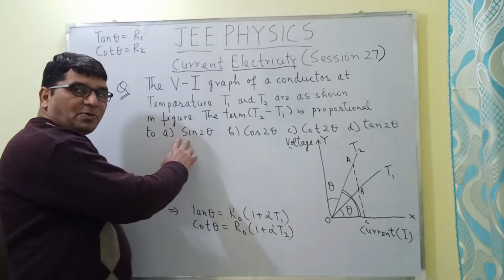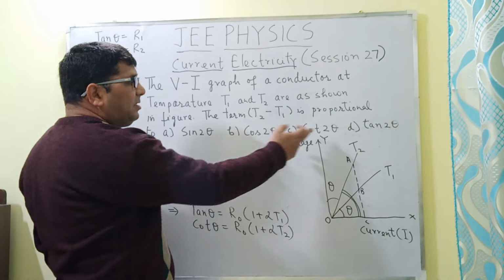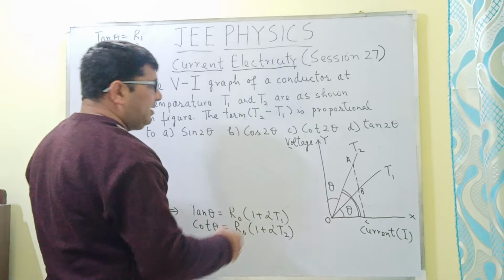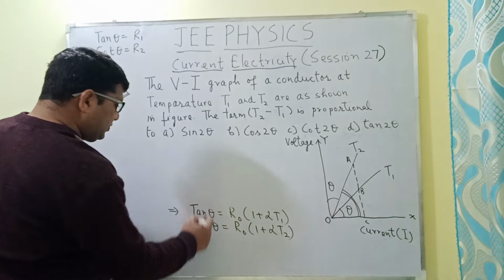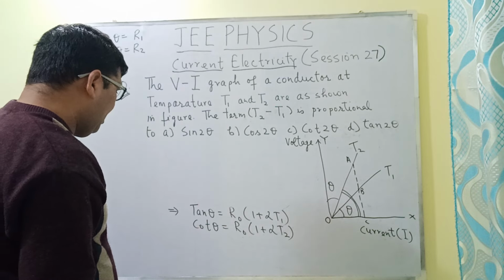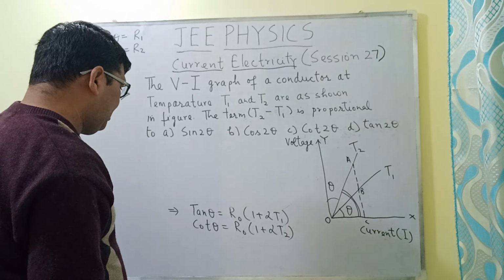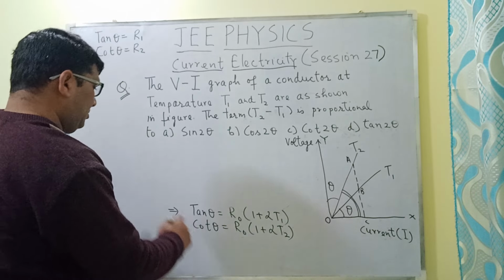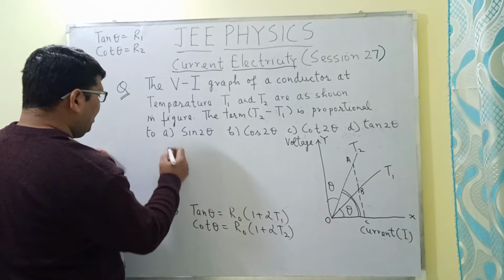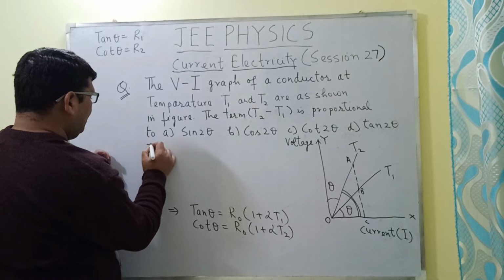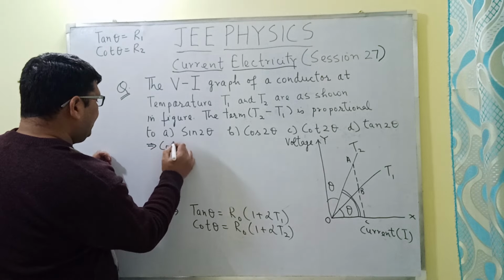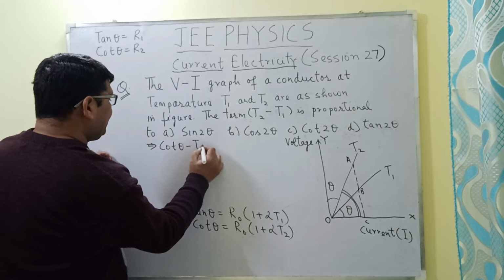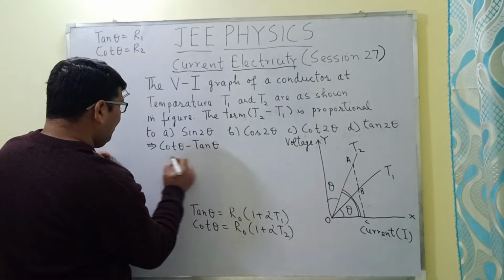That is, whether it is proportional to sin 2 theta, cos 2 theta, cot 2 theta, or tan 2 theta. So now from these two equations, I can write down cot theta minus tan theta will be equal to